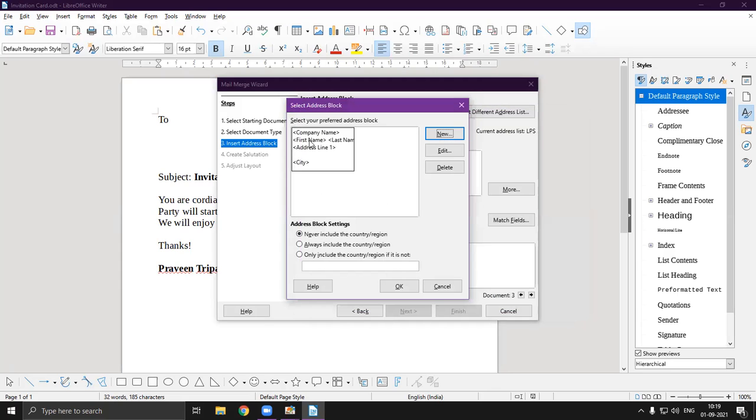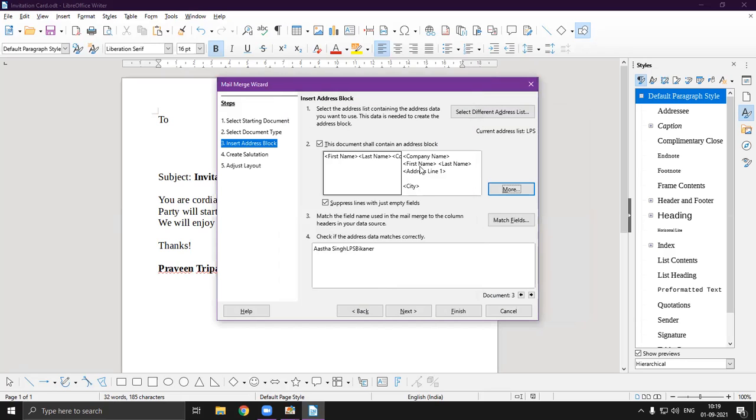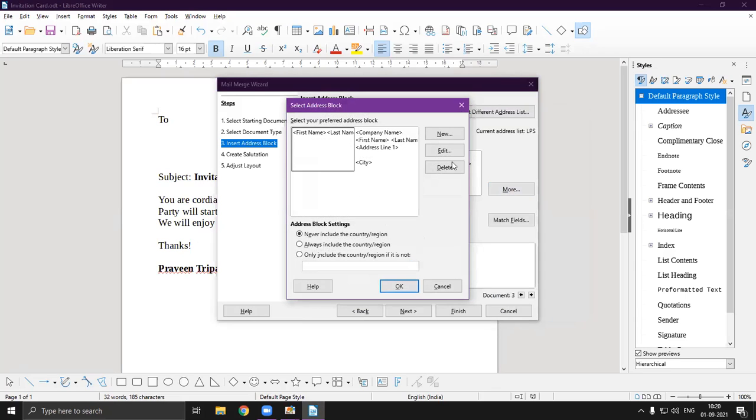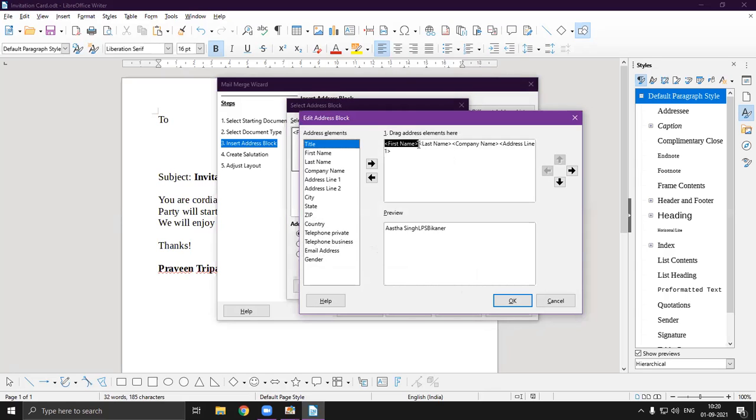ये कुछ ऐसा दिखेगा, कंपनी नेम वगैरह नहीं। ठीक है, यहाँ पर मैंने ओके कर लिया। कंपनी नेम सबसे पहले आ रहा था, अब मैंने क्या कर दिया कि सबसे पहले यहाँ पर मैंने फर्स्ट नेम, लास्ट नेम, कंपनी नेम और फिर उसका बीकानेर यहाँ पर आप देख सकते हैं, ठीक है। बट इसको अगर आप और भी चेंज करना चाहते हैं तो यहाँ पर आप इसको चेंज कर सकते हैं, जस्ट लाइक एडिट। तो मैं लास्ट नेम और फर्स्ट नेम को तो एक साथ करना चाहता हूँ, बट जो कंपनी नेम है उसको नीचे करना